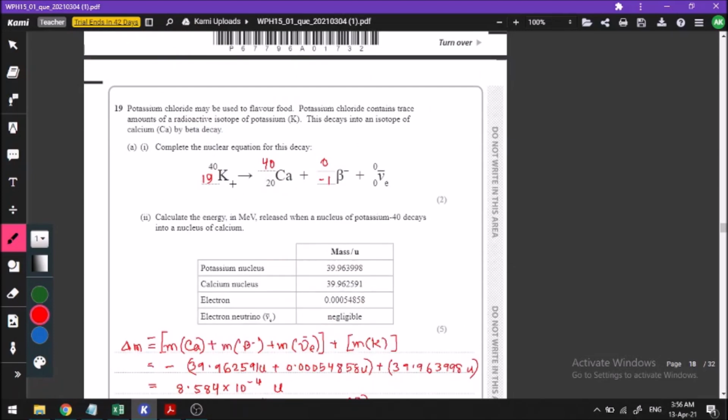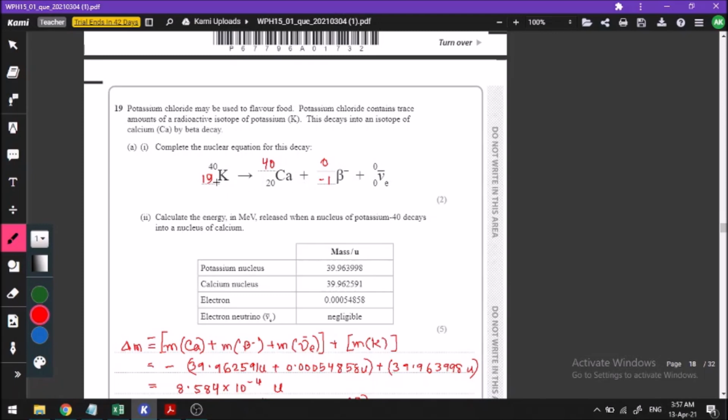And this is a very easy question. What you do is you equate the top row and you equate the bottom row, and for the particles that we know for sure, their charge and the nucleon number, we fill them up first, and then we go for the particles that we don't know the nucleon number of. So for example, we know that beta is an electron, so it is not a nucleon, so its nucleon number is 0. And also we know that its charge is -1, so we have put -1 over here. And after that we equate the top row only. It is 40 equals x plus 0 plus 0, so x turns out to be 40. Similarly, you can equate the bottom row.